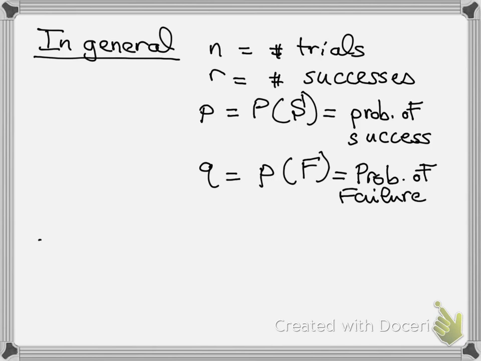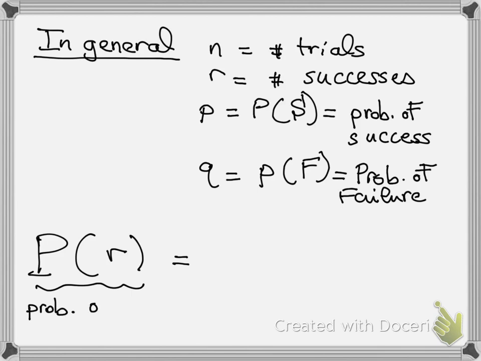Then the probability of R successes out of n trials, P of R, is always equal to